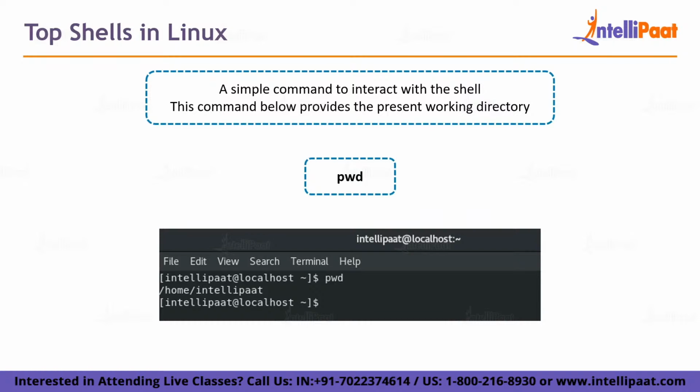So basically, if you type in pwd and you are interacting with the shell, when you hit enter, the shell understands that you are entering a command. First, it validates whether this particular command is valid in this Linux distribution. Pwd is a valid command. Then it pushes it into the kernel. The kernel executes the command with the help of the hardware provided, and then gives back the result to the shell, and the shell displays it to you so that you can view it. So this is one of the examples which I wanted to show you.